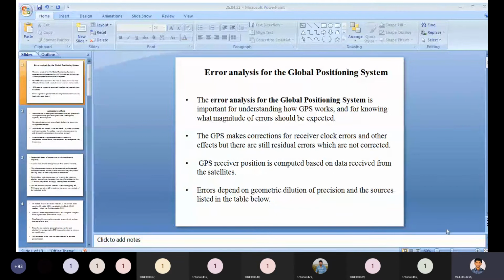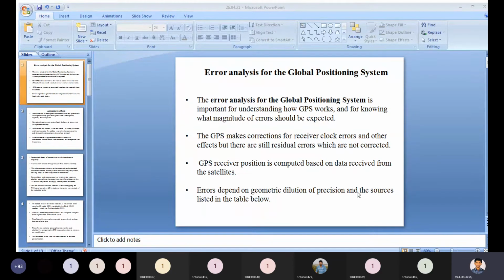Sorry for the disturbance. Okay, so when will you get such types of errors? If the receiver position is not proper, or if the transmitted signal and the receiving signal do not have the same clock signal, then only will you get the errors. If the clock frequency or clock signal is not in the same synchronous manner, in that case you will get the clock error.